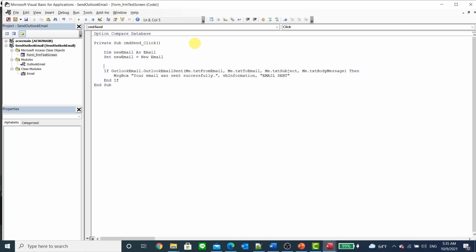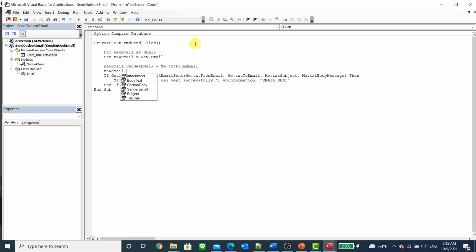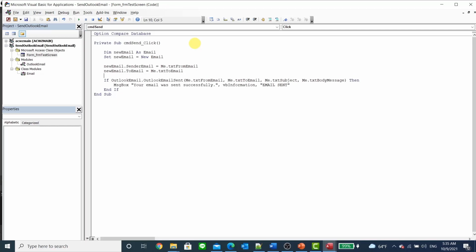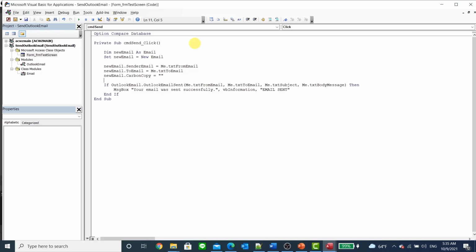All right, so now we can say new email from, or send the email, I guess. Let's say from send the email equal I think we'll say from there, new email to me to email, new email, carbon copy. I don't think we have carbon copy in there, so we're gonna add that one in there. New email, subject,